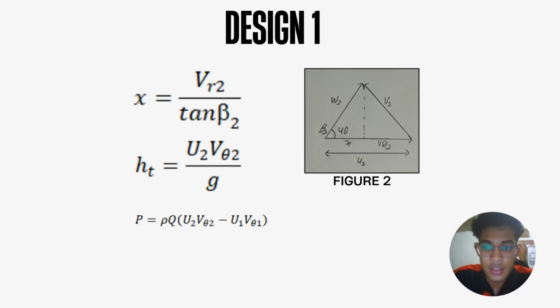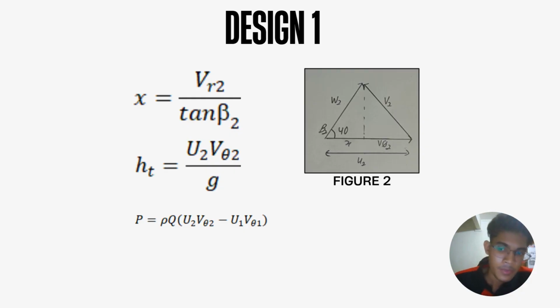And after all the parameters we have got, we can find the theoretical head, which is the formula Ht equal to U2 V theta 2 over g, where g is the gravity. After we insert the value, we got the Ht 69.968 meter, which is in the range of the